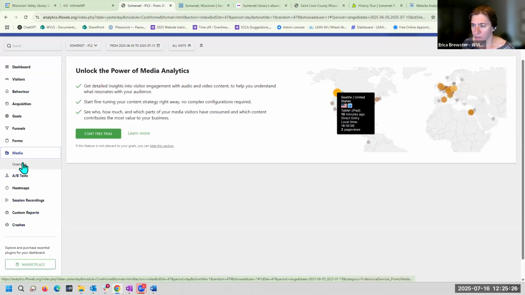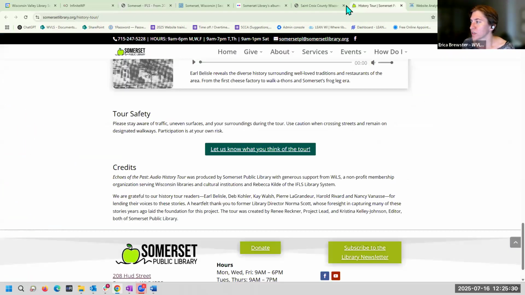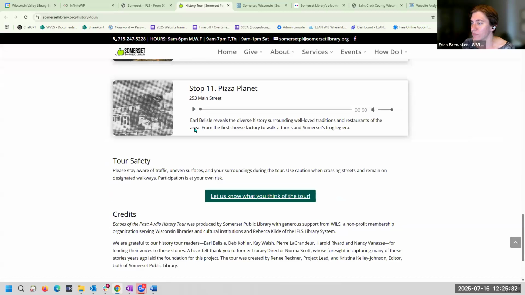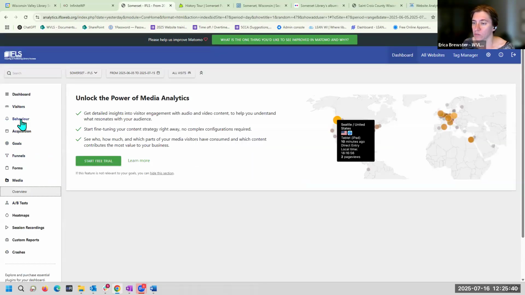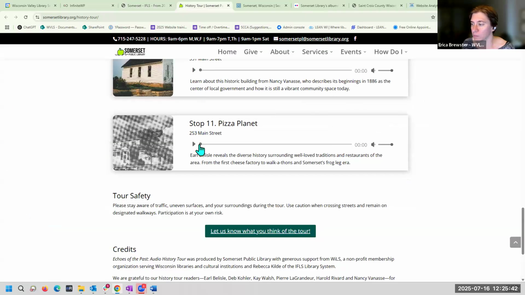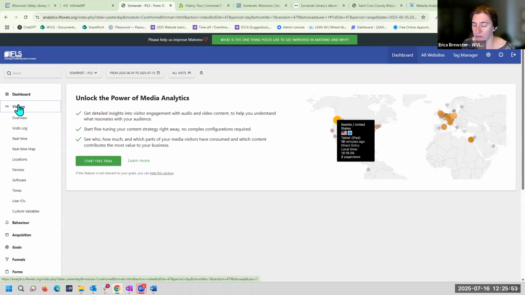One thing I wanted to see, no, I'm not sure if we can, because in the history tour page, we have these media items and they are embedded. I am going to have to do some more research. I don't see, because they're not a particular page, and it's not linking to a particular page. I am not sure if we are going to be able to get